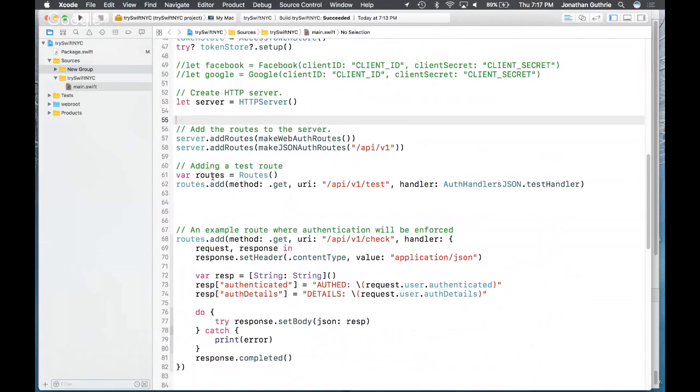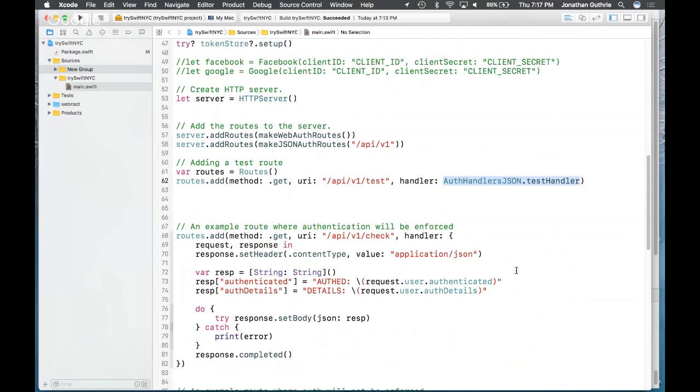We're also then going to add some custom routes. Here is an API v1 test. We're accepting a GET request from /api/v1/test, and we're directing the processing of that to a handler. That's another way of doing things.